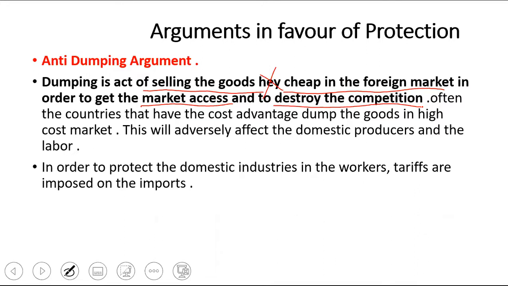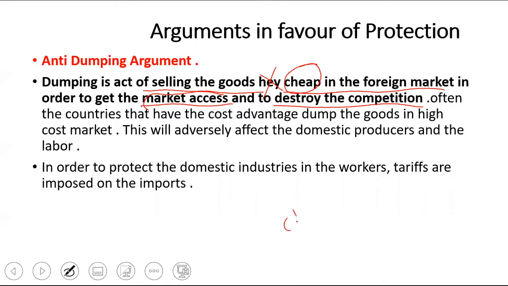Indian battery is costing 15 rupees, Chinese battery is costing 4 rupees. See, China is dumping the goods into India. What type of goods are they dumping? They are dumping cheap goods, products with comparatively lower cost. Why are they doing so? In order to get market access. To enter the country, they reduce the product price and sell. But this totally destroys the competition, because the dumped products are always cheaper, so people prefer that product. So there is no competition. In order to enter the market, they are dumping.